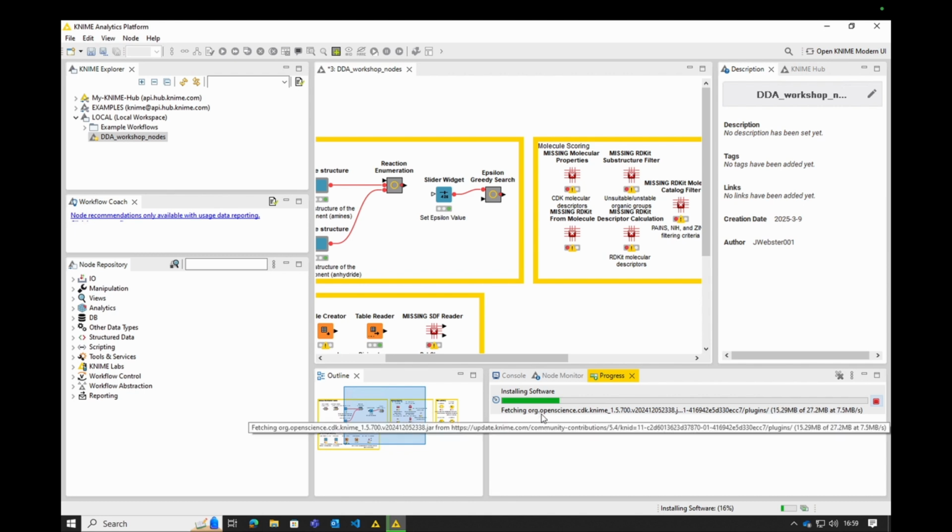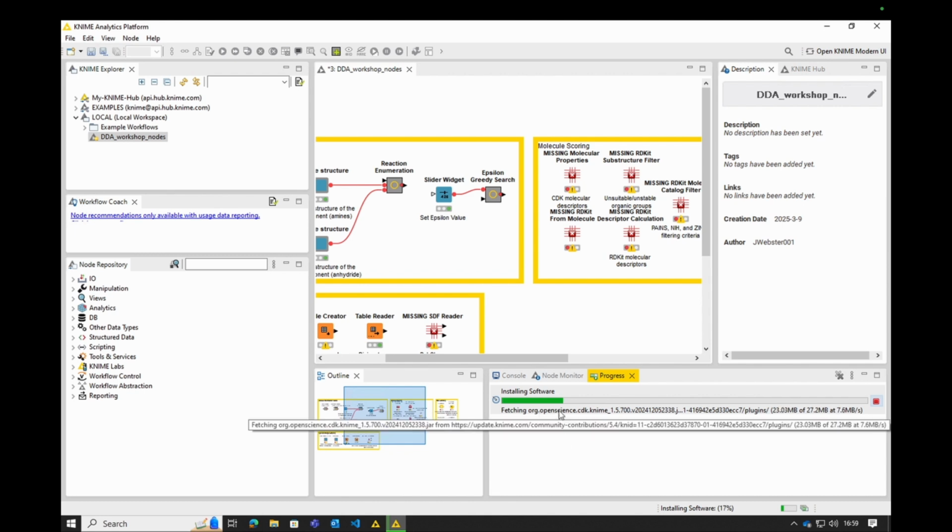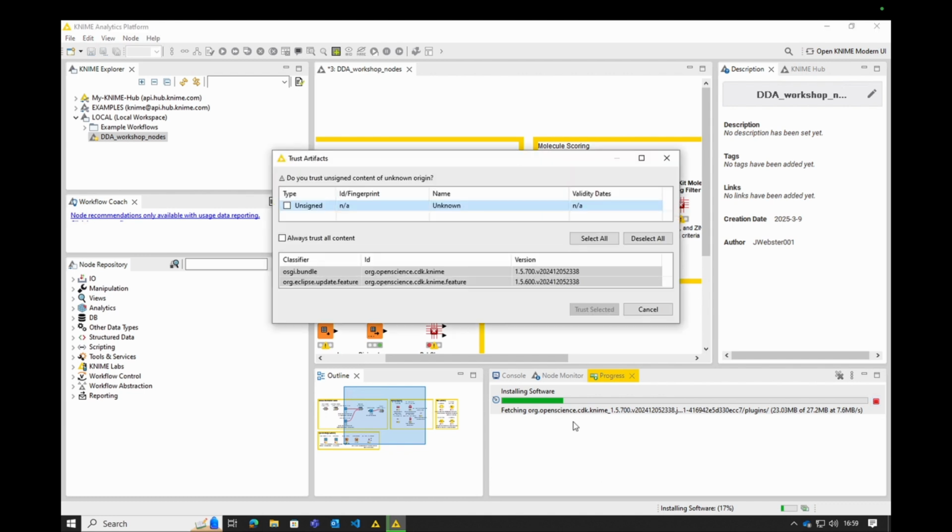So currently it's installing OpenCDK first, or Open Science CDK. So I'll be back once this has finished. So if you go ahead and see this trust artifacts that pops up, if you go ahead and press here, unsigned, this will allow certain bundles to be installed, in particular the CDK node. So if we just then go ahead and press trust selected,